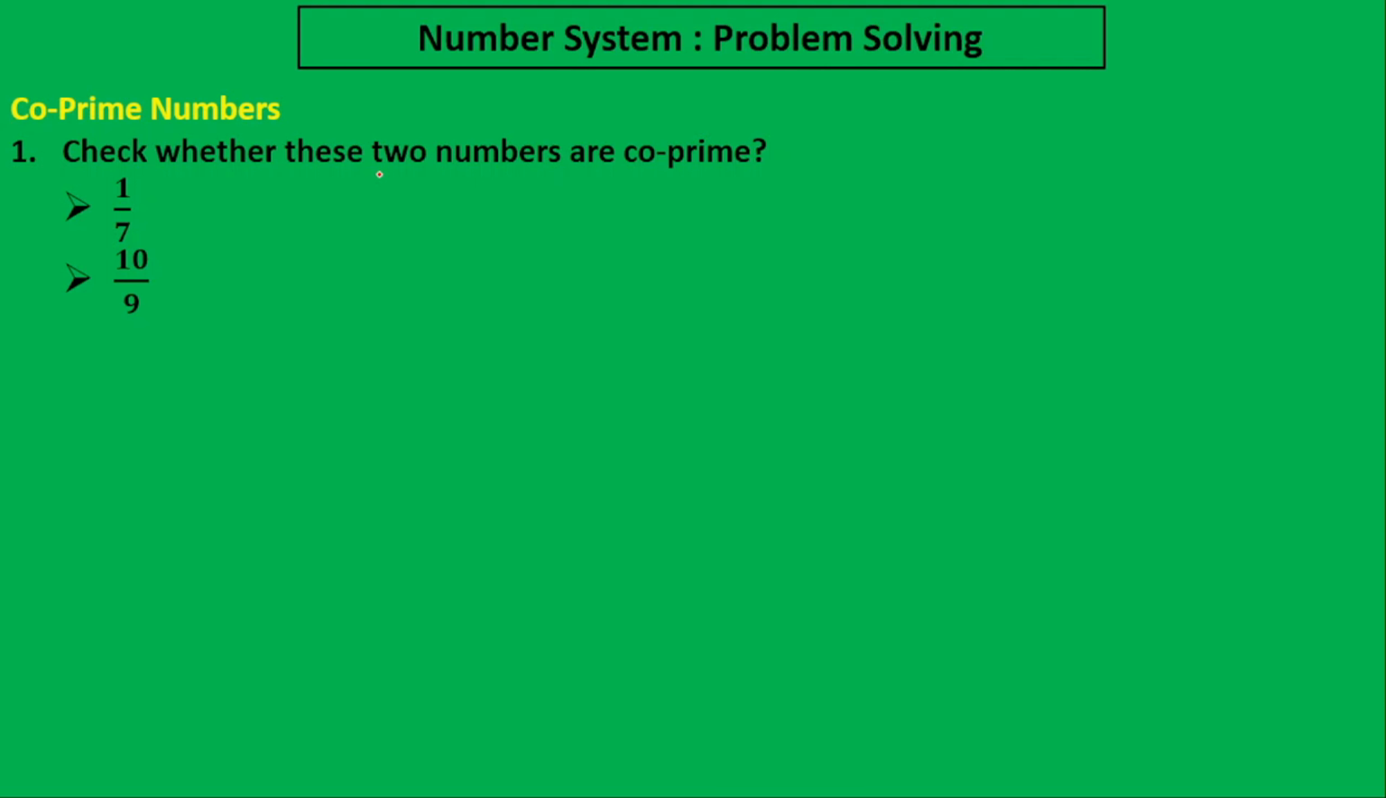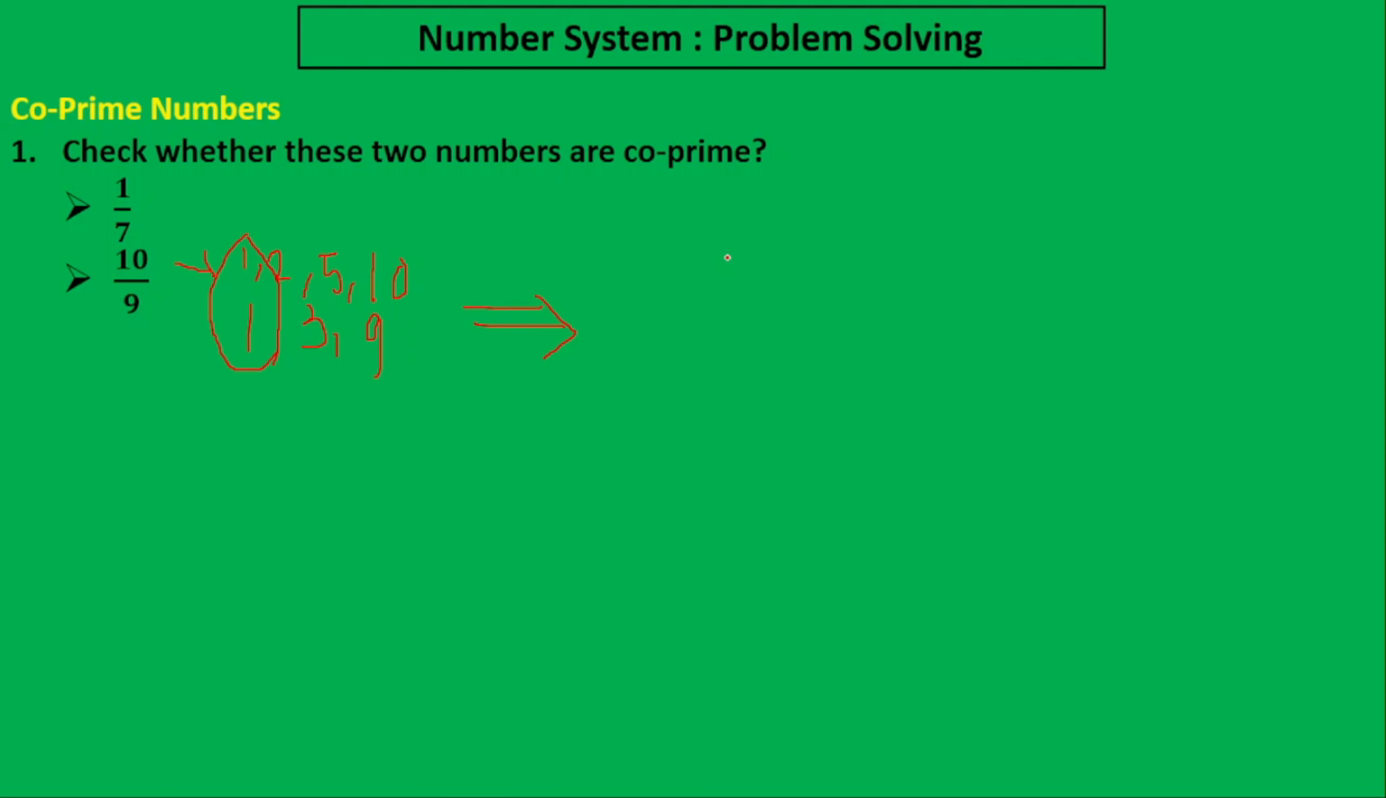10 and 9. Obviously these are coprime. 1 and 7. Obviously these are coprime. Now 10. In 10, 1, 2, 5 are there. And 9's factors are 1, 3, 9. So only 1 is common. Hence 10 and 9 are